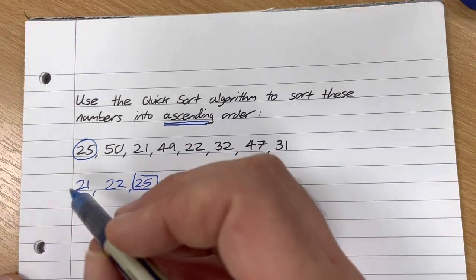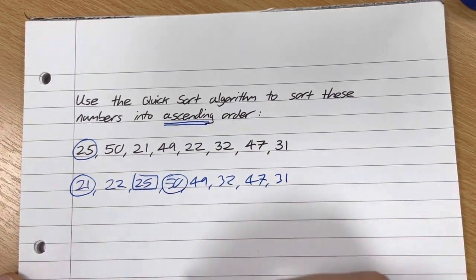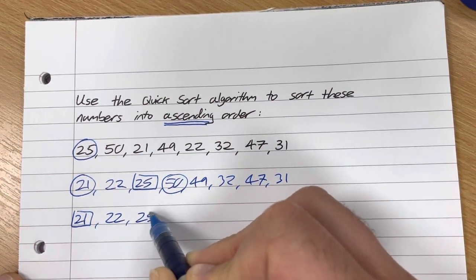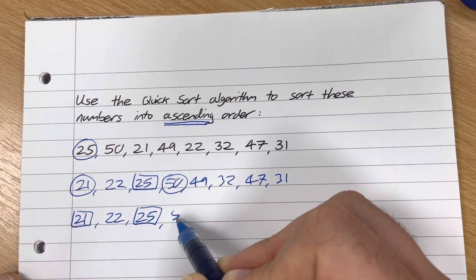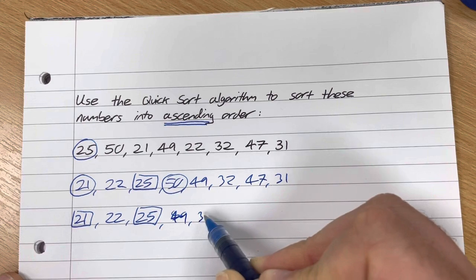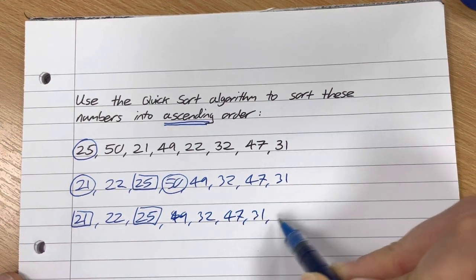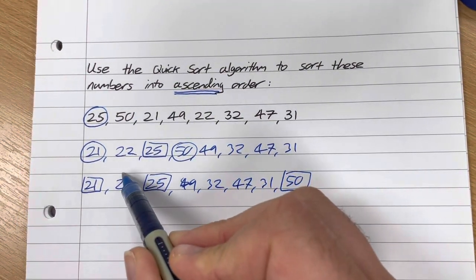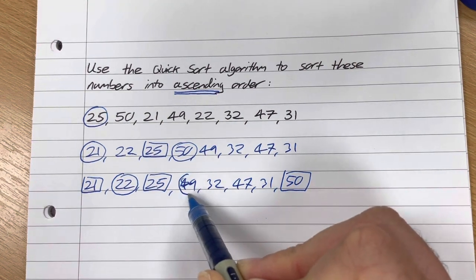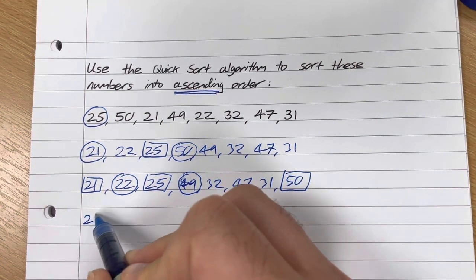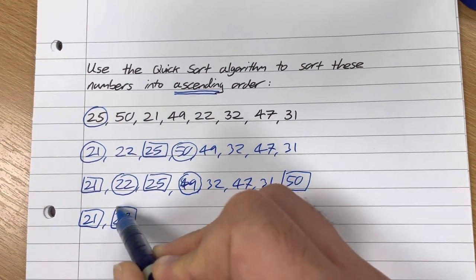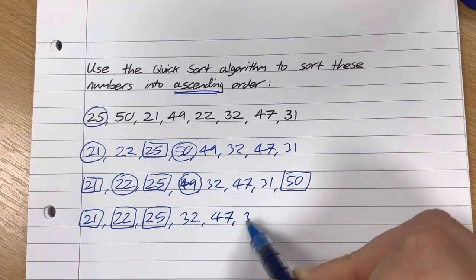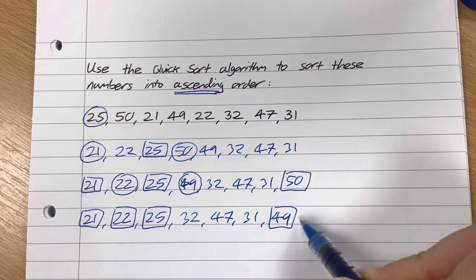So this is now in place. We're now going to repeat the process on each of these sublists. So 21 gets locked in place. 22 is now a list of size 1. 25 was already boxed. 50 is the biggest number, so 49, 32, 47, and 31 will all go there, and then 50 gets boxed at the end. Okay, so this technically would get a circle on it. This one is now the pivot, that's the first number in the list. So 21, 22 is now boxed, 25 is now boxed, 32, 47, 31, 49 is now boxed, and 50 was